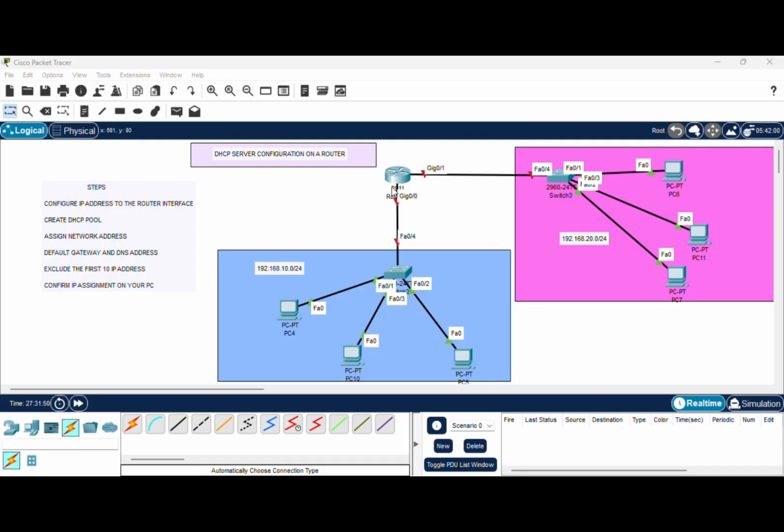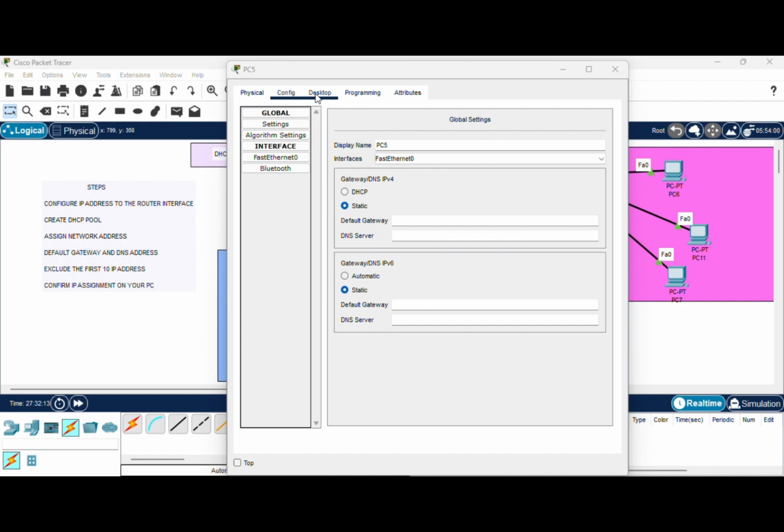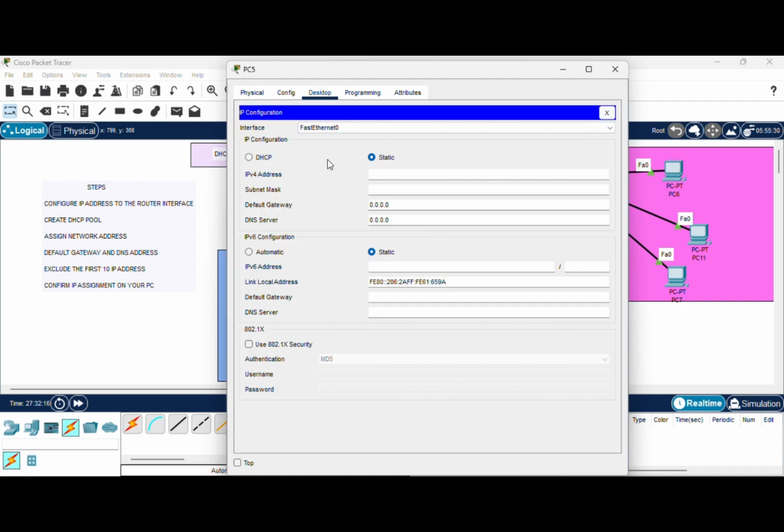So DHCP stands for Dynamic Host Configuration Protocol, and its main job is to automatically assign IP addresses to devices on the network, instead of manually configuring them. So each of these devices will automatically get an IP address. You open up each device and go to configuration, to desktop. You see that there is a choice for DHCP and also for static. So instead of manually configuring an IP address on every device, DHCP allows the router to distribute